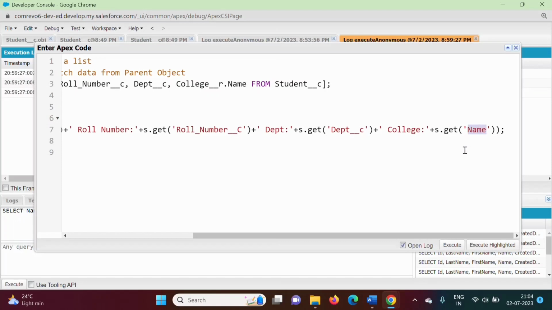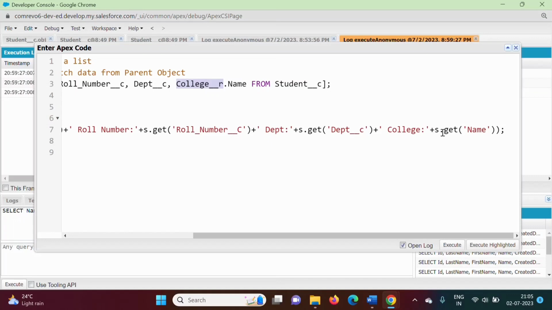See, it will consider name as a field in the student object, right? But what we want is that this name should be considered as a field from the college object. Normally when we write like this, this name will be considered as the name field of the student object. But what we want is this name to be the name of the college object,